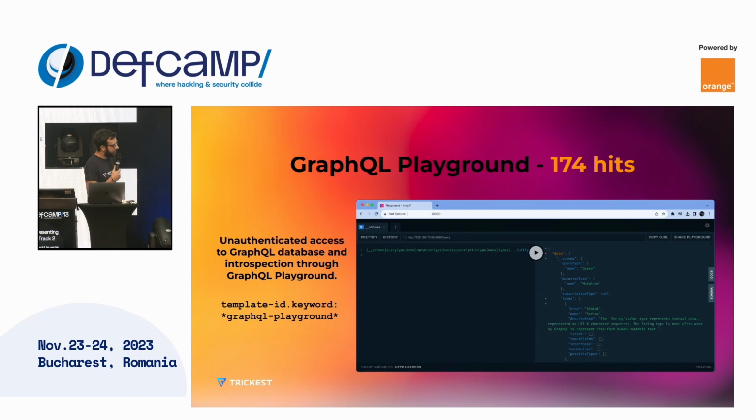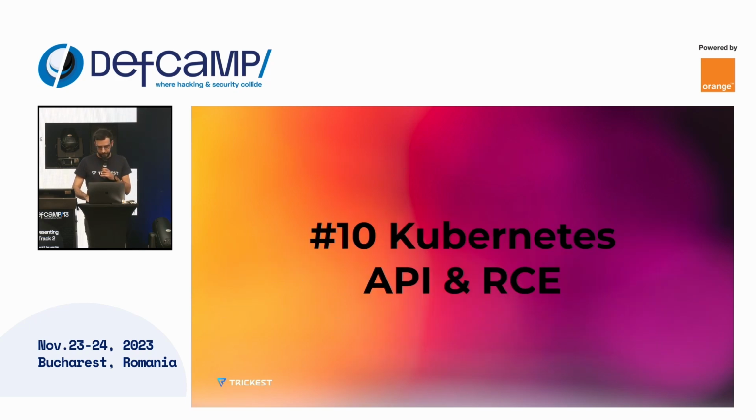GraphQL Playground was available, and you have everything. You even have beautifying of the code to send the GraphQL queries. And what I saw is that when you find this development application, then you can also do an introspection query and get the whole database schema of a GraphQL database. Because if they leaked this kind of playground, then they probably didn't fix the introspection to be disabled.